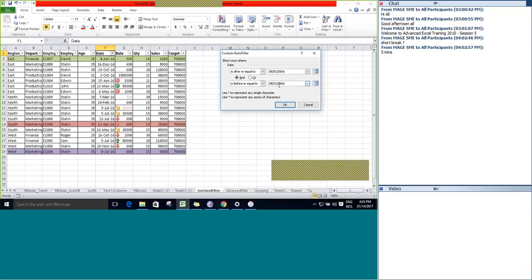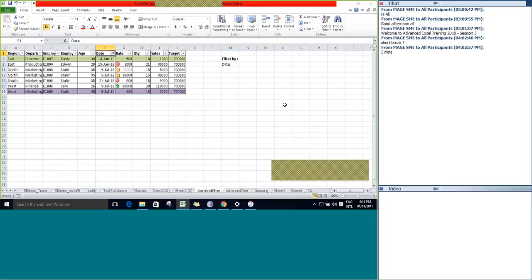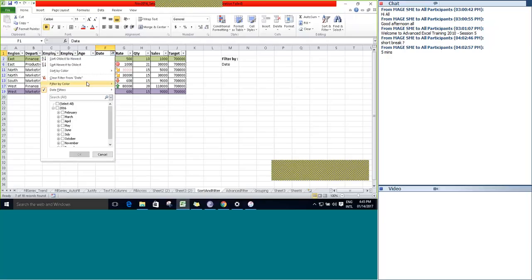So I want to apply a filter to the date from 1st of June to the end of August. That alone to be displayed to the user. Click OK. You can see that the date filter is applied accordingly, and based on whatever date condition you provided, data will be filtered and displayed to the user.